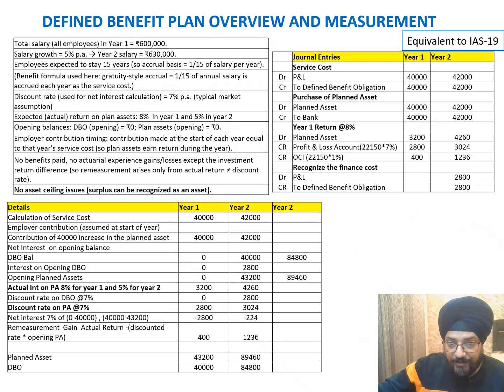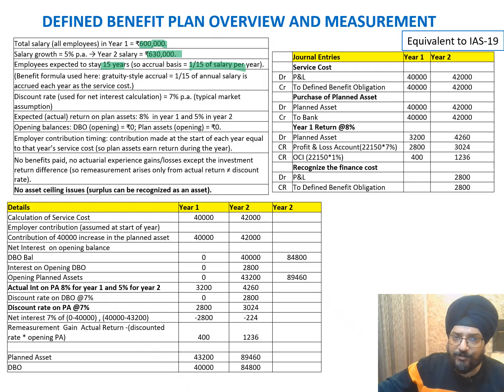Okay, so this is a detailed example, and we'll go very slowly because this example will help you understand the concept in absolute detail. What we are saying is: total salary of all employees in year one is 6 lakh rupees. Salary growth is 5% per annum, so in year two it is 6 lakh 30,000 rupees. Employees are expected to stay 15 years, so the accrual basis is 1/15 of salary per year. The benefit formula is used, and because it is 15 years, we are assuming